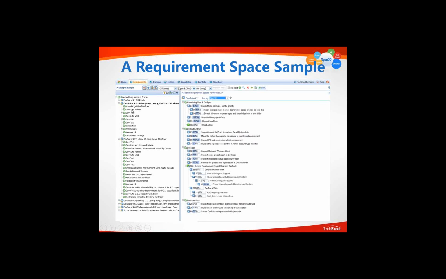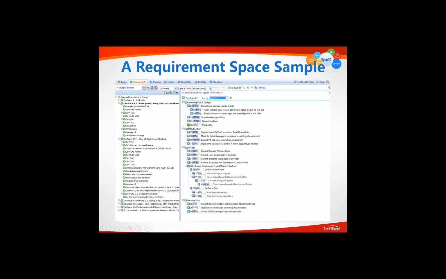As you can tell, the left side is real, the right side is not so real, but kind of real for our real project related to our product DevSuite, which is an ALM platform product. So we have 9.2, 9.2.1 as a patch release, and 9.3, and 9.5, 9.6. As you select one of them, you see the entire requirement tree, where a requirement sometimes consists of an